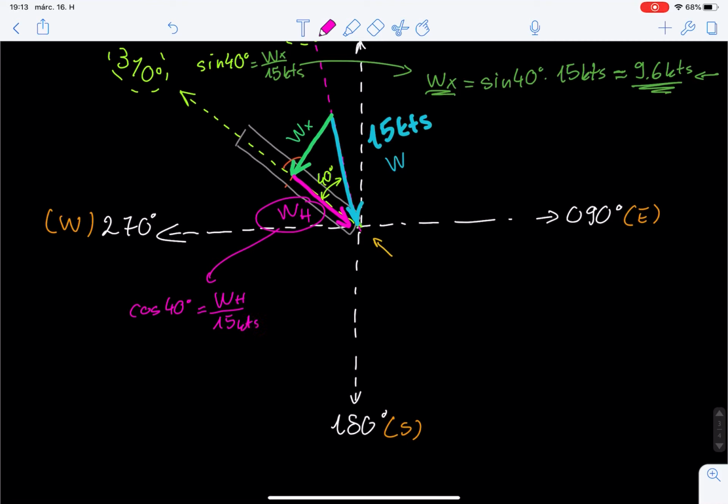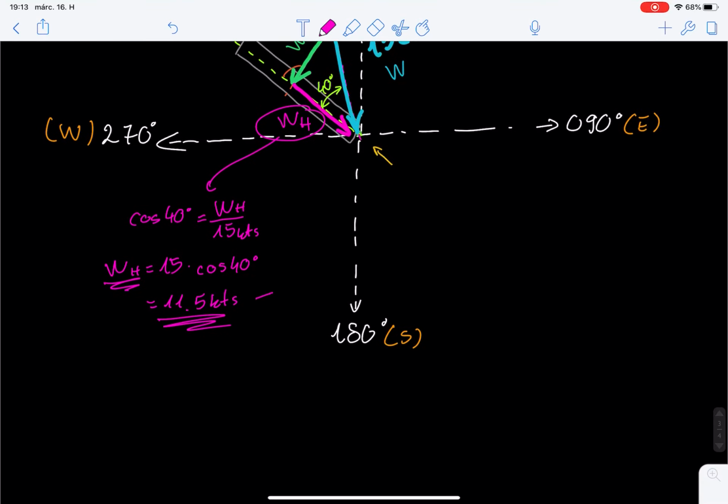Therefore WH is going to be 15 knots times the cosine of 40 degrees, which is basically 11.49, so 11.5 knots. And this is the one you would take into account. So you would say that the headwind component for this takeoff is going to be